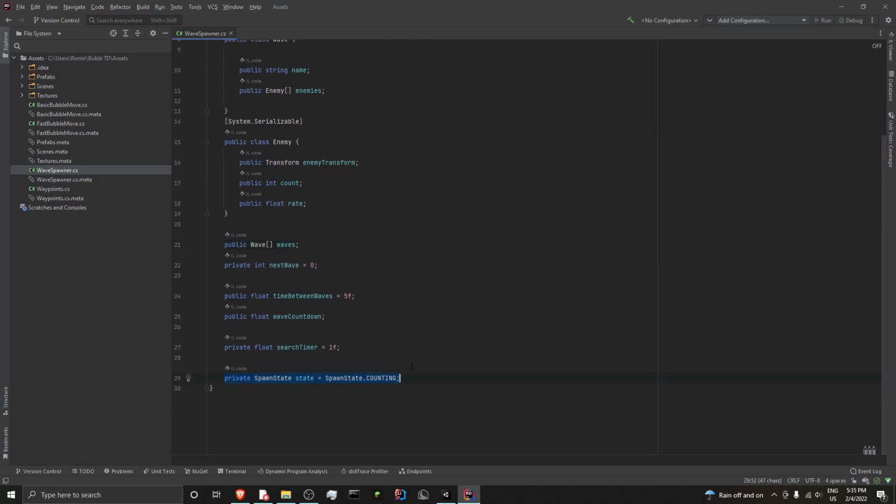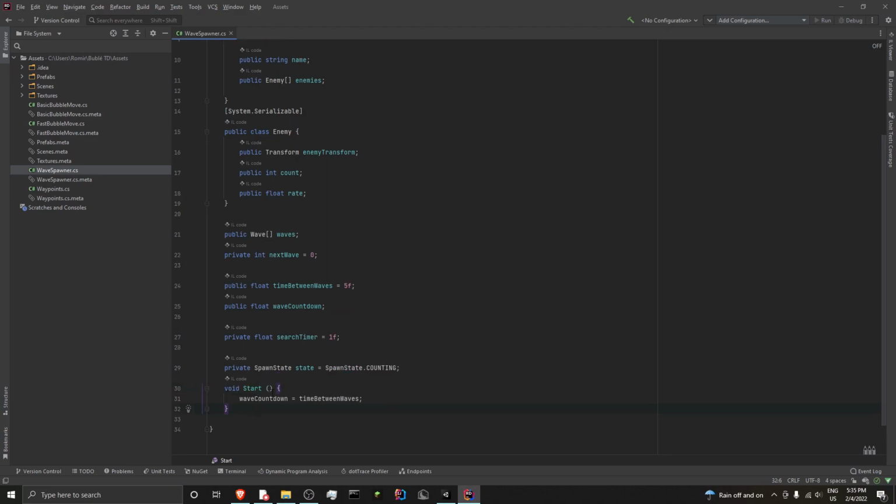And we're setting our spawn state here, so when the script first gets initialized, it's on counting down, so that everything will work. In our Start method here, we're going to have wave countdown equals time between waves. We're setting this to this. Simple as that. Then in our Update function here,